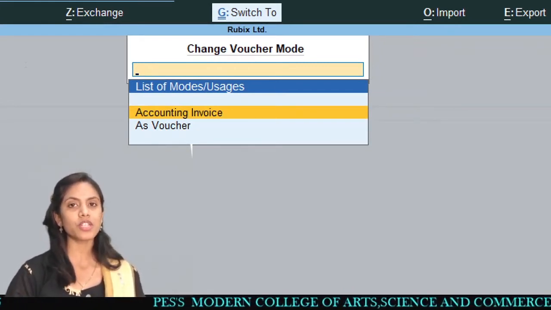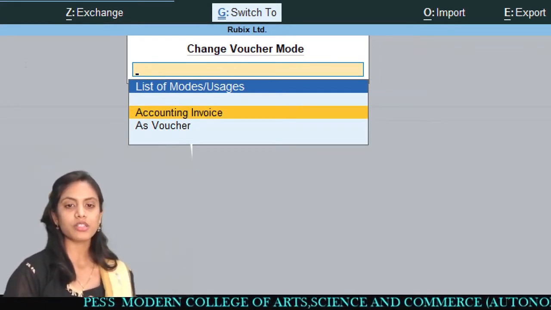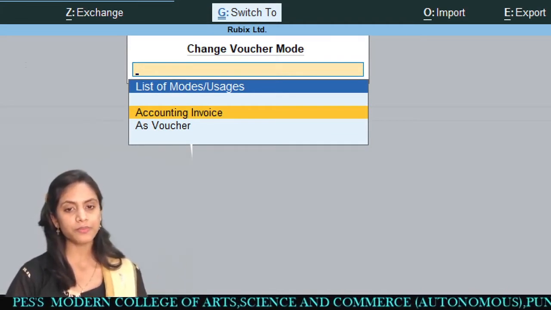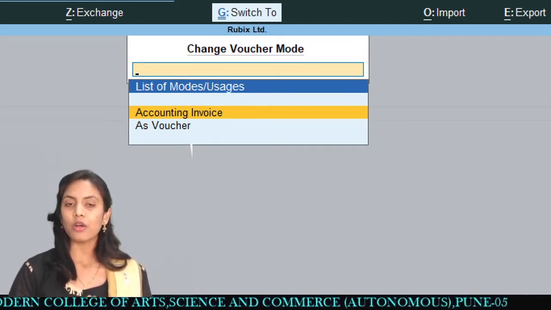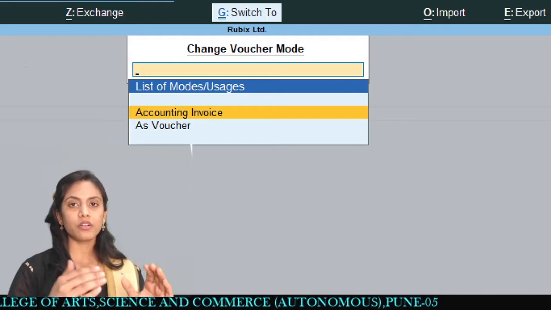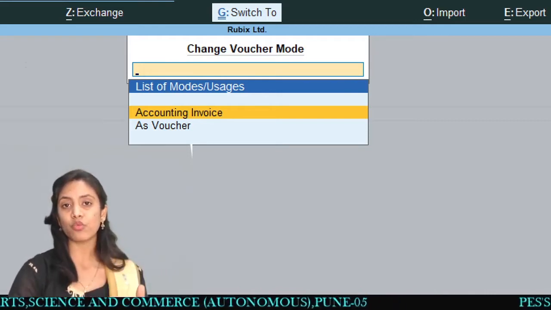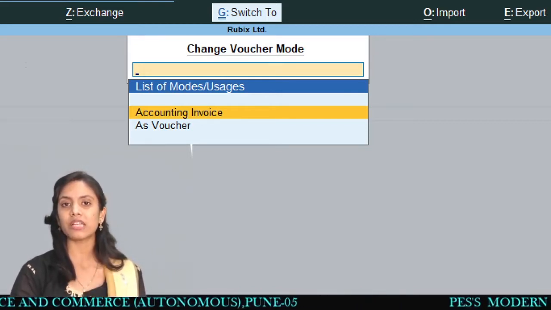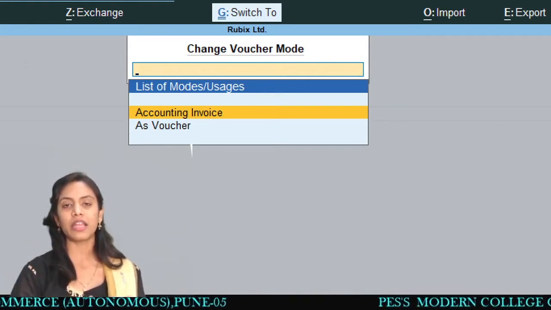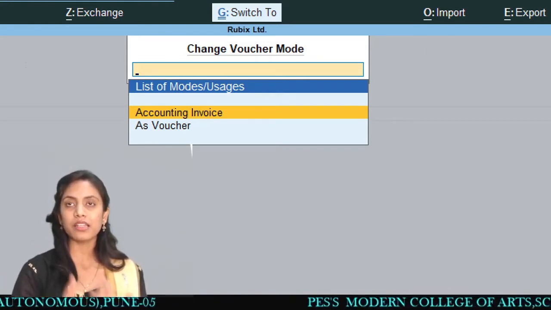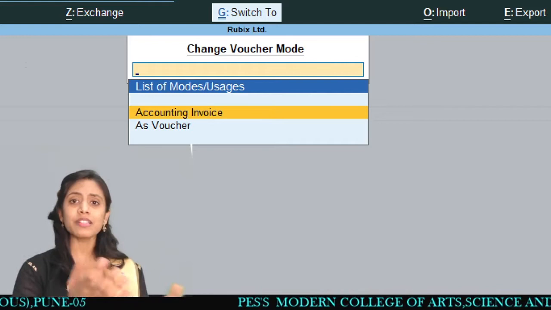Yes, we want to change the voucher mode, and the list of modes is there: accounting invoice or voucher. In the accounting invoice, whatever is in a bill invoice, like the date, party name, bill number and all these things, this was already there.